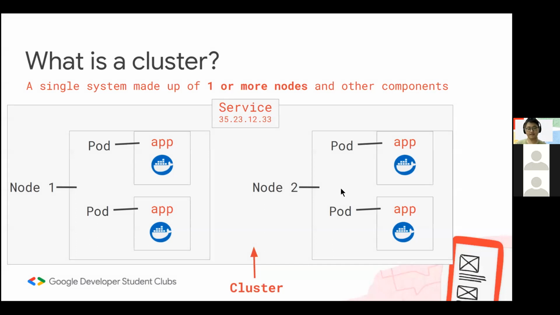And lastly, it is the biggest component of Kubernetes, which is the cluster. Okay, so a cluster basically encapsulates all the components I mentioned just now, be it the pod, the node, and the service. So this cluster will encapsulate everything and make it a cluster. Okay,